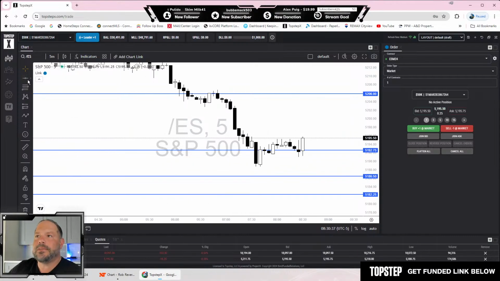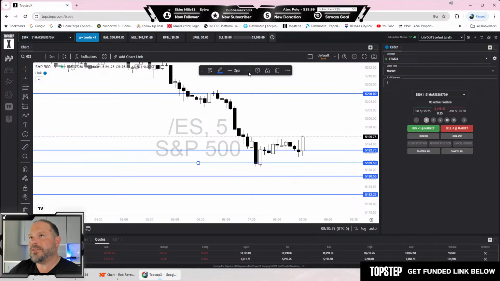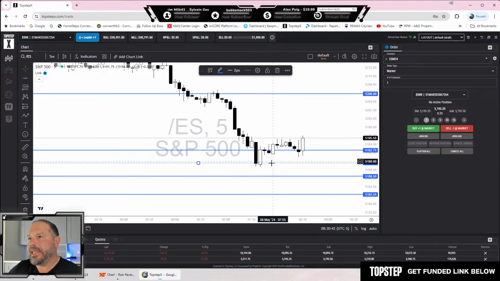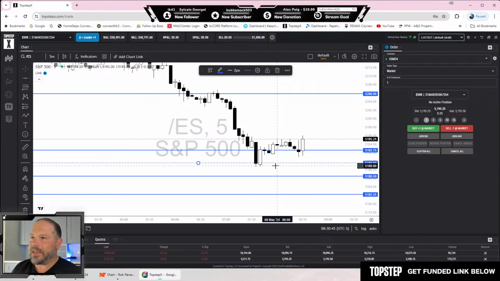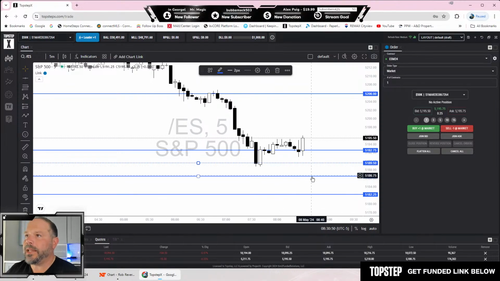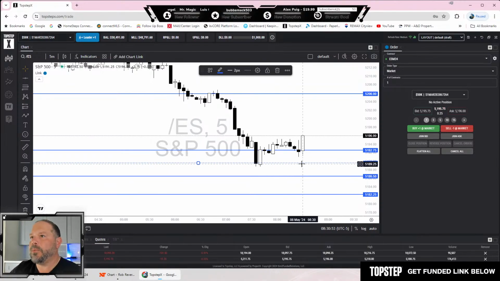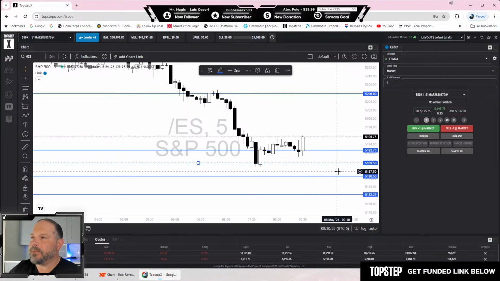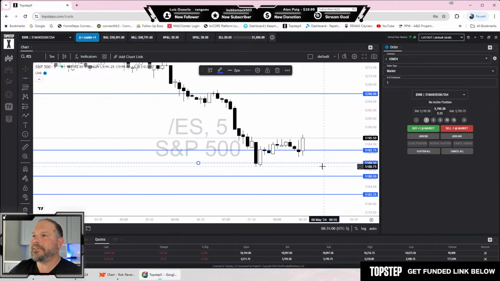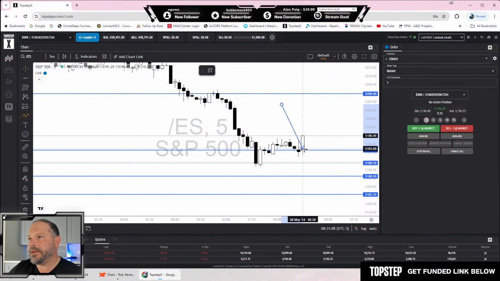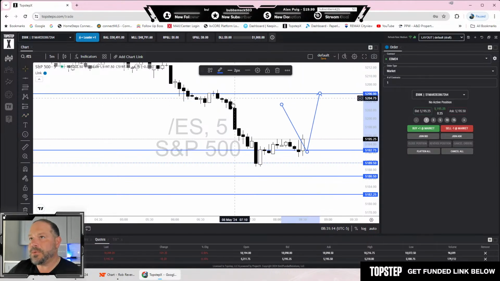So I will map this here, but the only difference is I will make it a dotted line. The dotted line for me represents a 5-minute time frame. A little bit of a weaker level. Why do I like using these 5-minute time frames? Well, one, it helps me identify some small scalps, but more importantly, it helps me identify good stop loss or take profit opportunities. Meaning, if my initial thought was that it was going to get to this line and maybe come right back to this line, which would be a very decent trade,